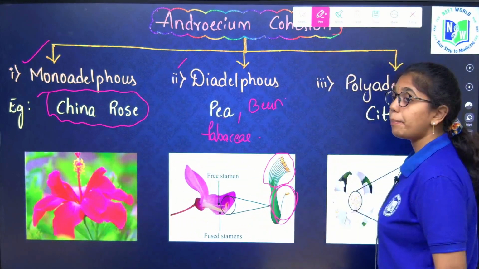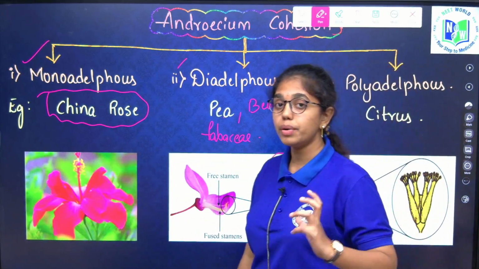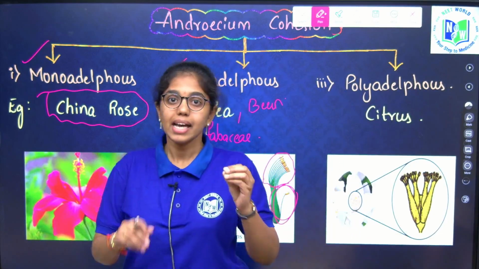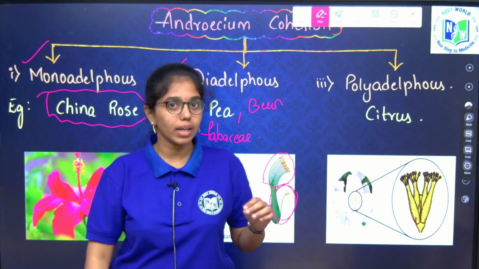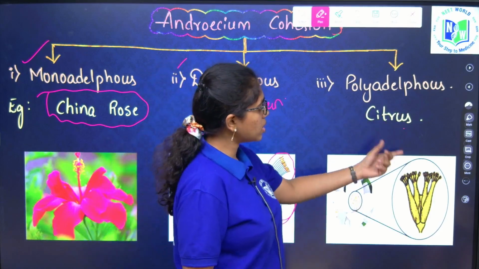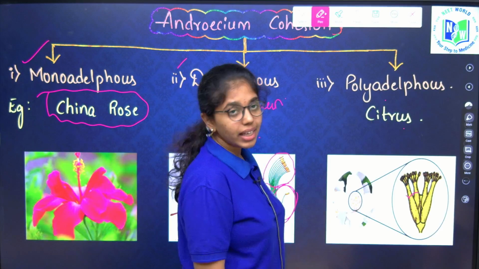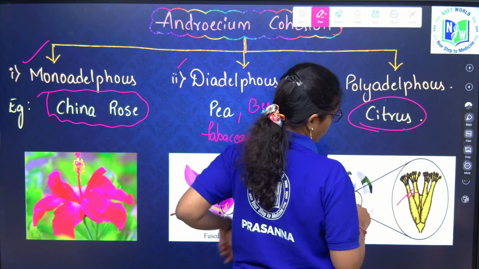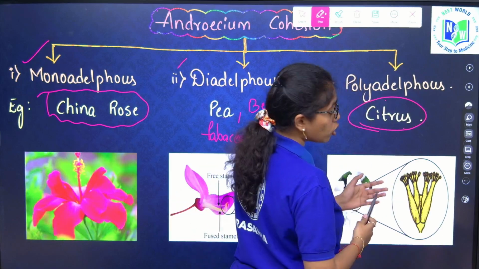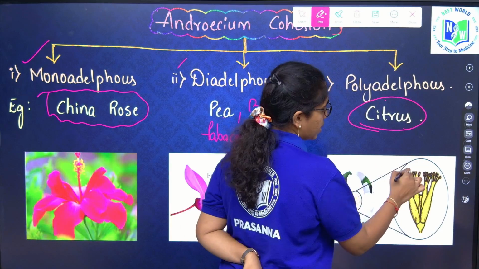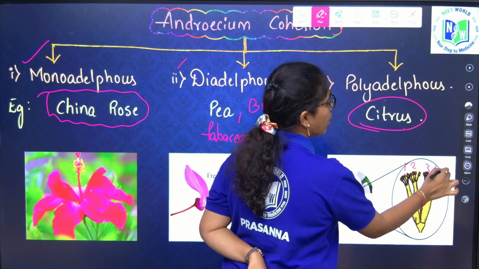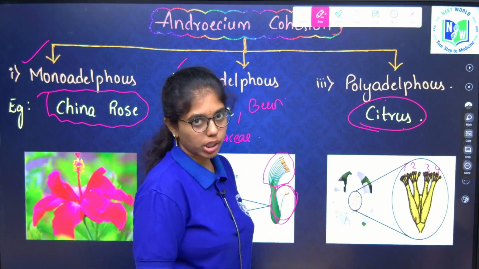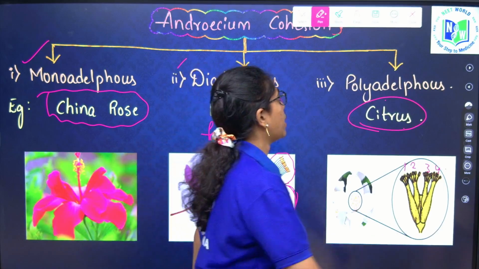Polyadelphous wherein the androecium of the flower has so many bunches. Stamens with more than 2 bunches are called polyadelphous. For example, in citrus, the microscopic view shows approximately 4 to 5 bunches. Next,